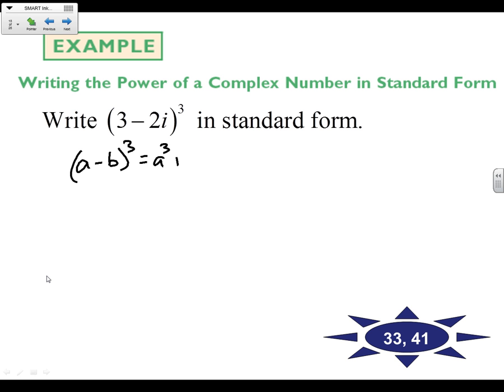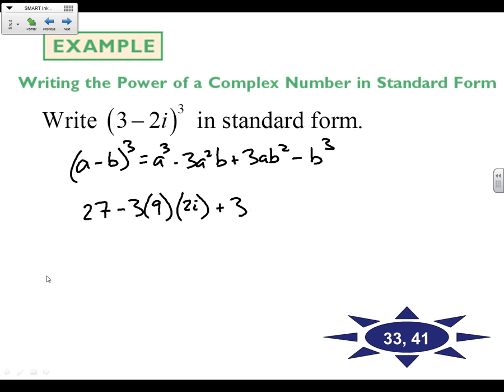Let's see, there's a minus in there. Minus 3a squared b plus 3ab squared minus b cubed. Let's plug it all in. A cubed is 27 minus 3 times 9 times bi. So what do we got here? 2i